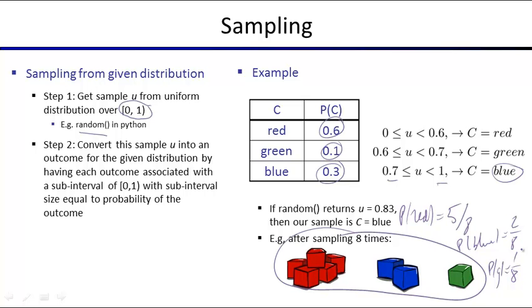So that's the basic building block, sampling from one distribution. Note that you can do the same thing if this is a conditional distribution. If this was a distribution for C given x equal plus x, let's say, and that was given in here, then if you knew x was equal to plus x,